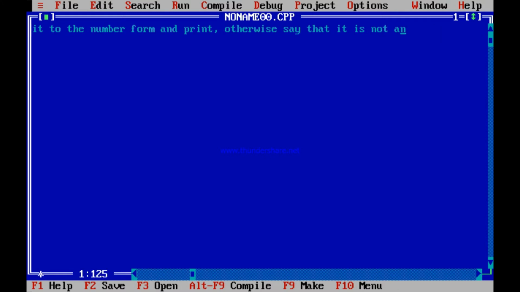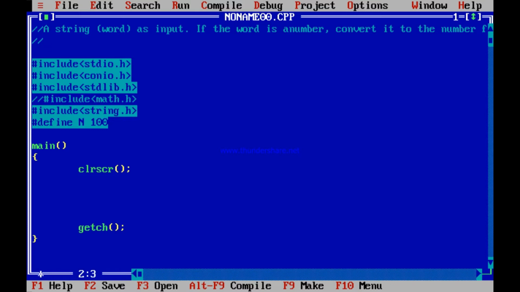I think I could make this point clear to you. If it is a number, then you have to print that yes, it is a number. Otherwise, you have to say it is not a number. Say for example, when I am given to input a string, I may input anything. Say I input 345. You will output 345 is a number. That is, you have to convert it to a number and then output it. I think you understand this.